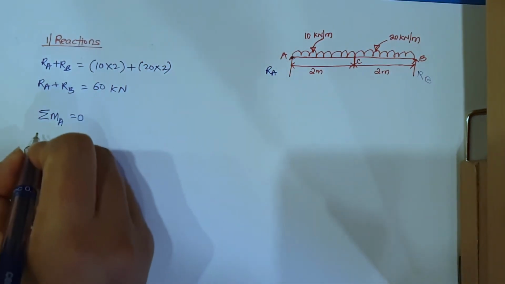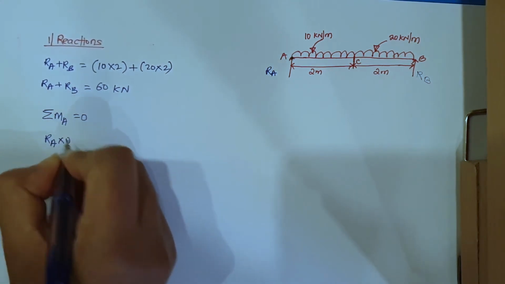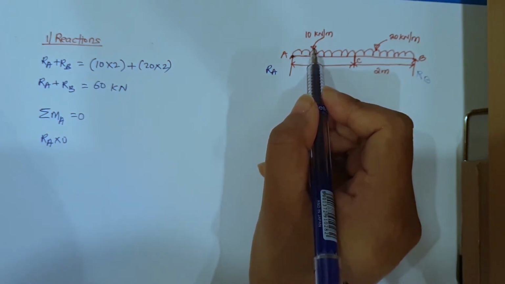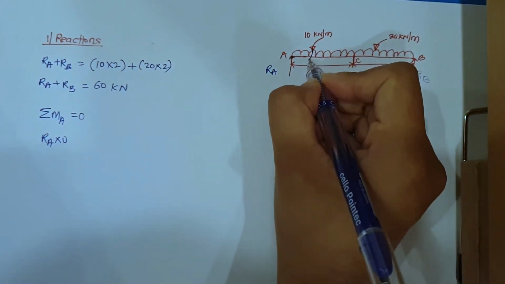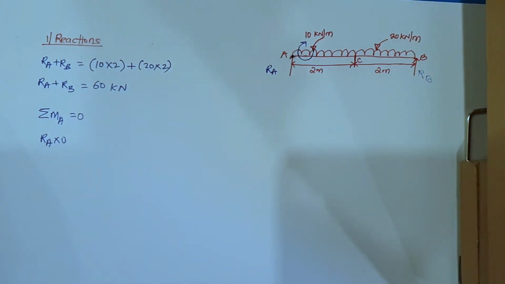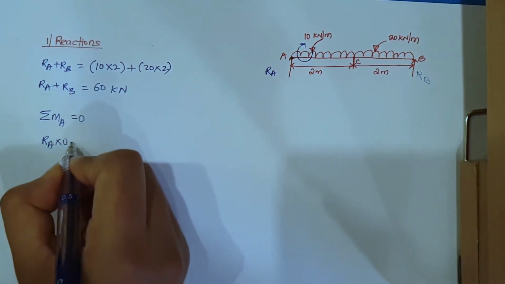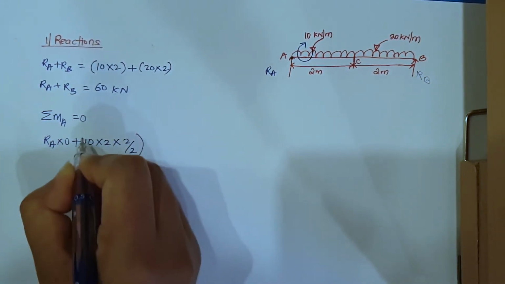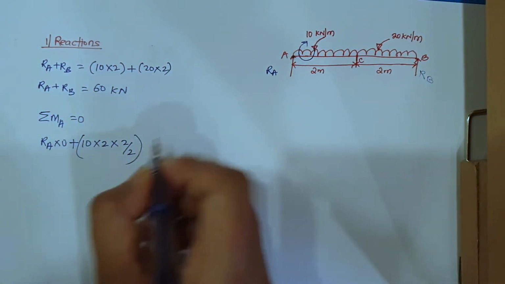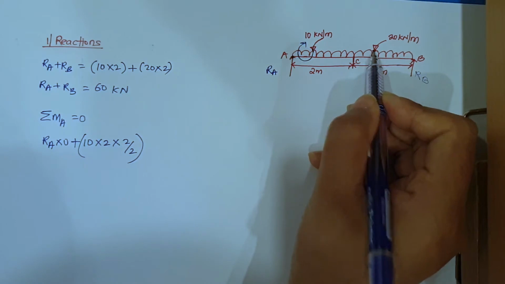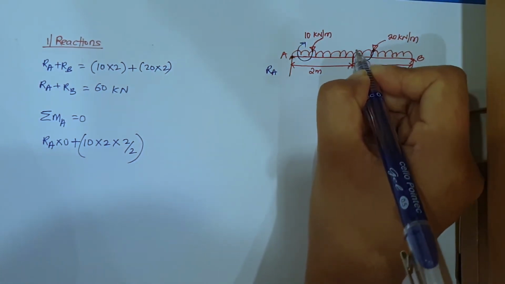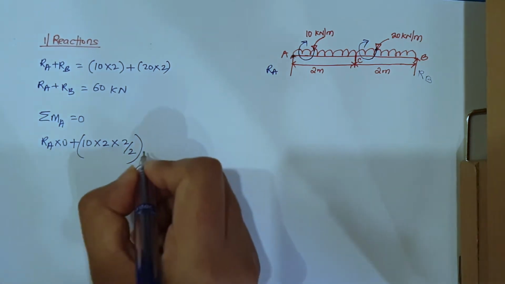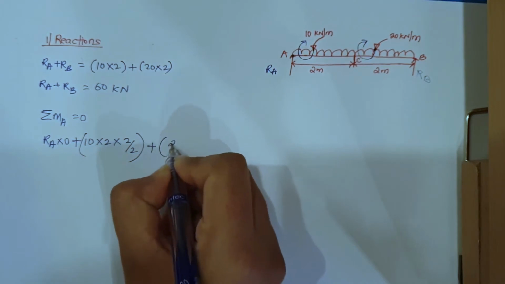Okay. Now from summation of moment about A equals 0, I'm taking again the reference point A here. So here RA into 0. Now how will this 10 kilonewton per meter load go? It will go in this direction. So what direction is this? This is a clockwise direction. So I have plus 10 into 2 into 2 by 2. Right? Next I have the 20 kilonewton per meter load. How will this go? It will go like this. Which direction is it? Clockwise direction, and that is also plus. So what will it be? 20 into